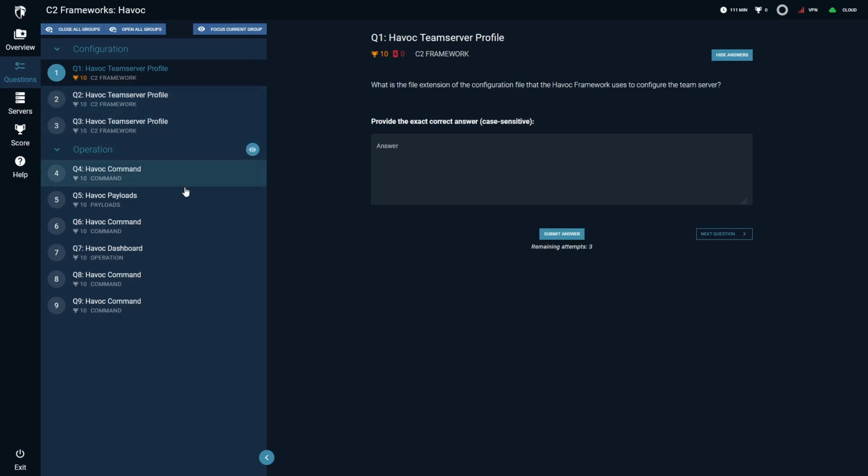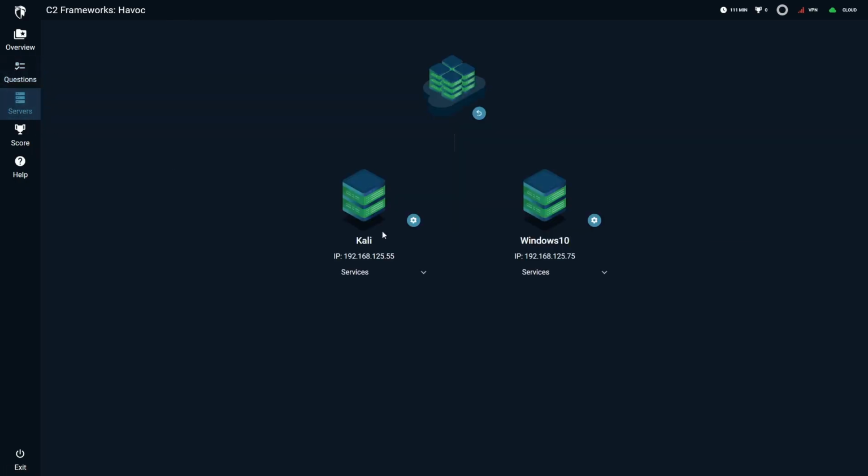So this is very important, and they're sorted based on configuration as well as the red team operation side of things here. And you then have the service page, where you'll be essentially provided with a list of systems you can access as part of the lab. So as I said, you have access to the Kali Linux system. You can just click on remote desktop and it'll open up a session within a new browser tab, as you can see